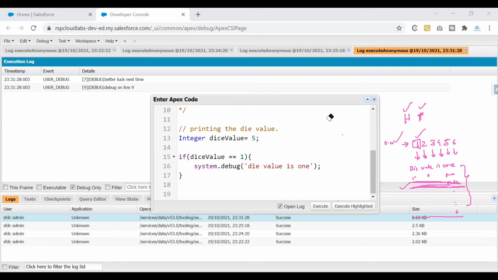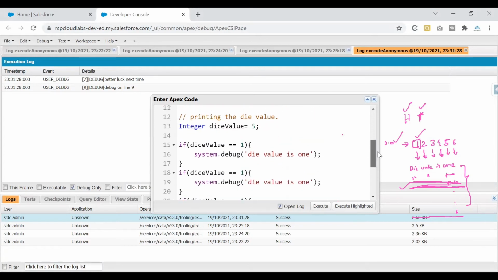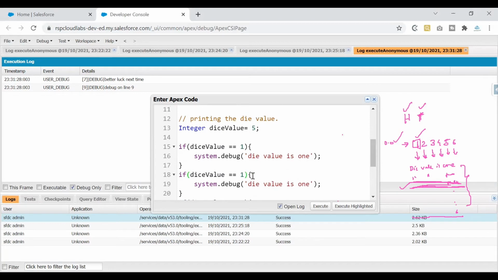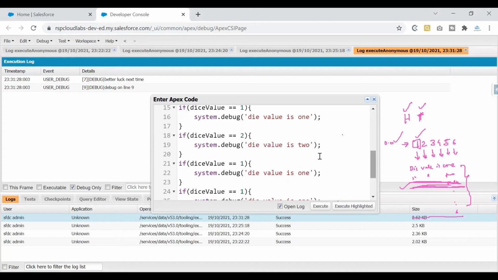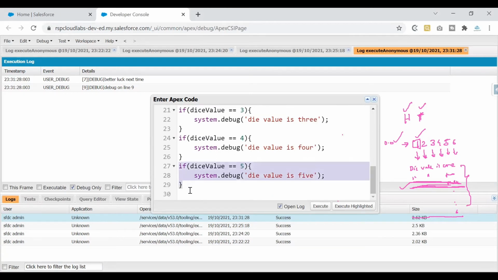Now since we have understood how to proceed with this one, I'll simply copy paste this. Why am I copy pasting it? Because once you have understood the logic, you can copy paste them and simply tweak them a little so that it satisfies your condition. You do not have to write it again. This is a bonus when you are writing your code. You can always use your copy paste option. So now, last but not the least,